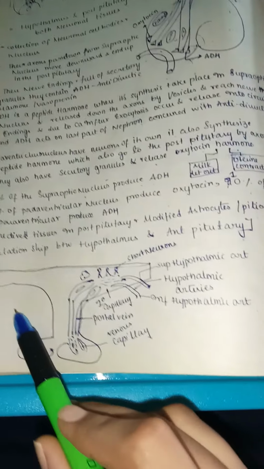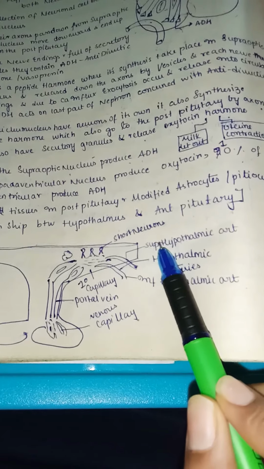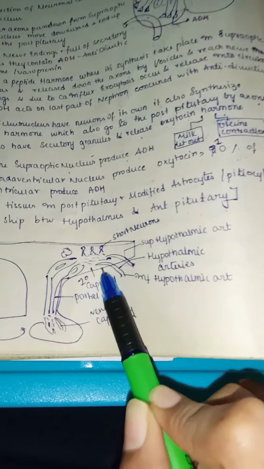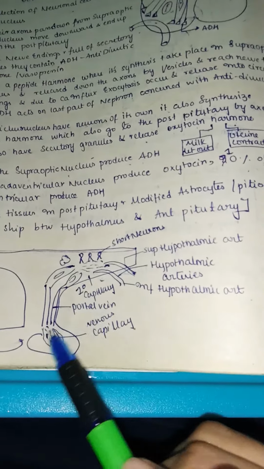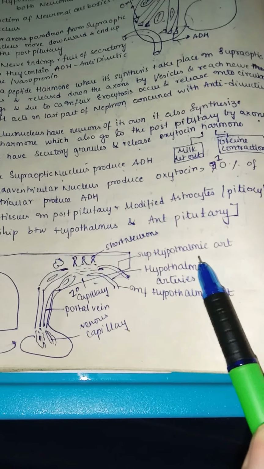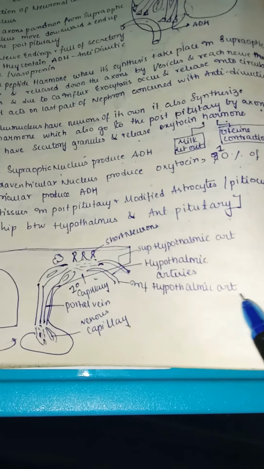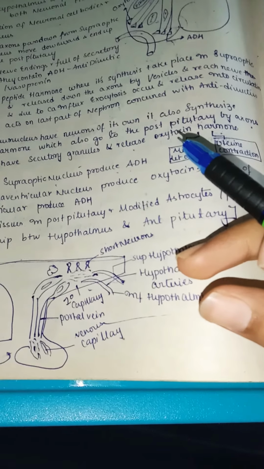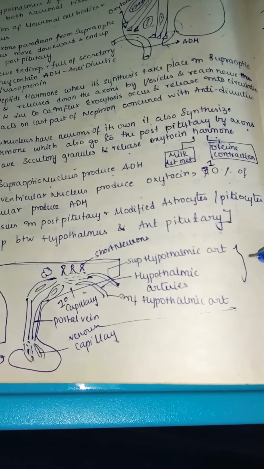So for the anterior pituitary, again we have drawn the diagram. You can see it has some short neurons, it has the superior hypothalamic artery, it has hypothalamic arteries. Did you remember that I said the anterior pituitary has a connection with blood vessels. Mainly we have three blood vessels here. Superior hypothalamic artery, and the hypothalamic artery is also called the inferior hypothalamic. Actually these are the hypothalamic arteries which are supplying the hypothalamus. They are divided into the superior hypothalamic artery and inferior hypothalamic artery. So only two arteries are present.